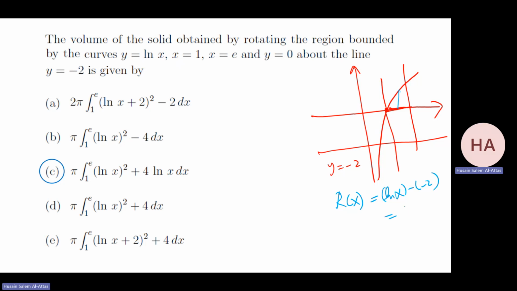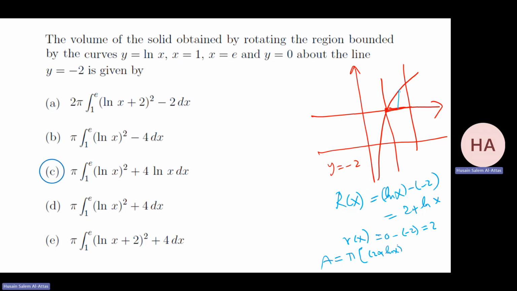Let me write it, 2 plus ln x, to avoid any confusion. Small r of x will be 0 minus -2, and that is 2. And the area will be π times